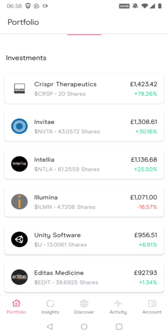So for example, stocks like CRISPR Therapeutics, Invitae, Intellia, Illumina, they're all in the biotech sector and they're all leveraging new biotechnologies such as CRISPR. That's a new biotechnology which is coming to the forefront, and most of the companies at the edge of technology are leveraging CRISPR. CRISPR stands for clustered regularly interspaced short palindromic repeats. It's a new technology that allows you to edit genes, so you can cut and paste genes,